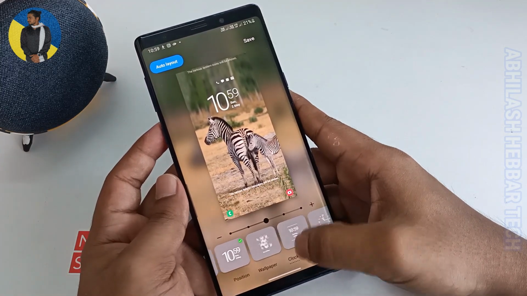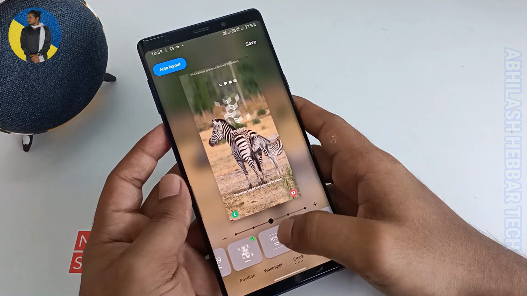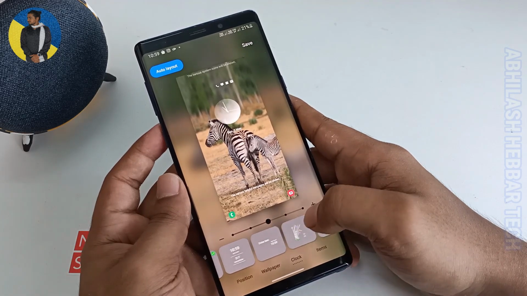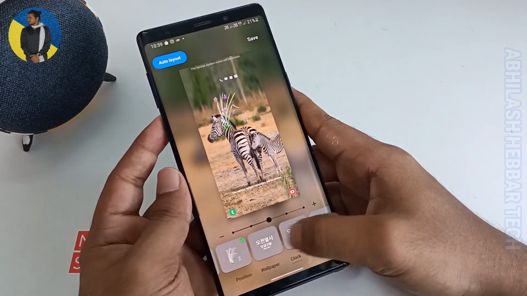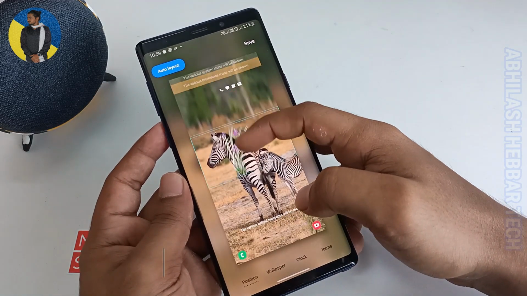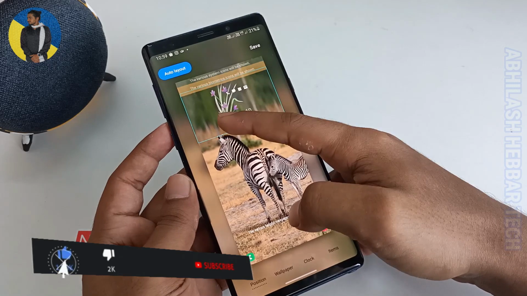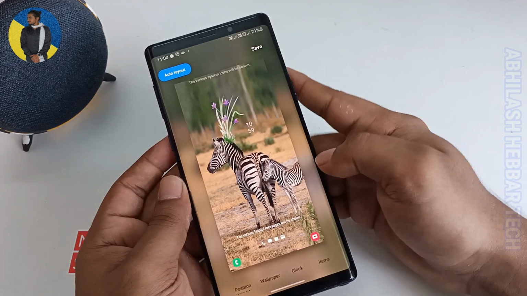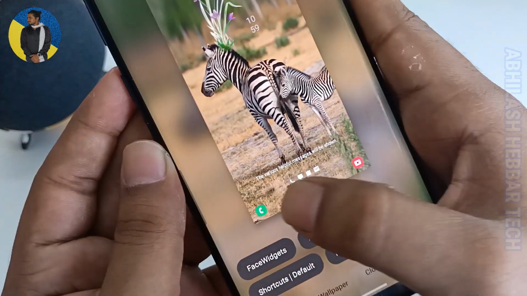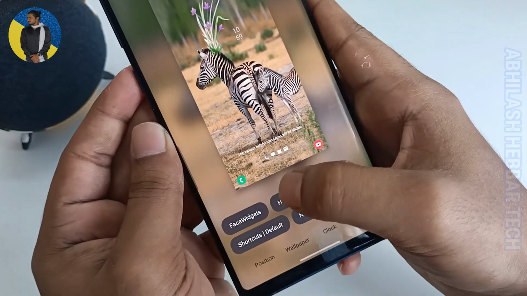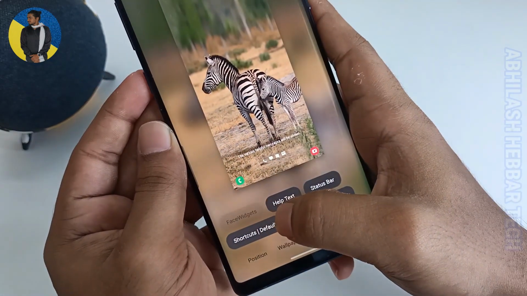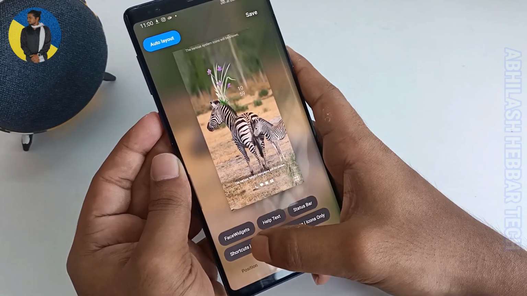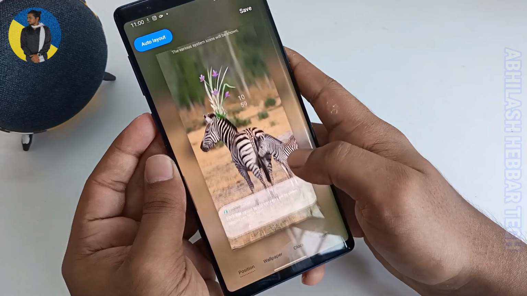There you can see there are plenty of clock designs. You can select whatever you want. You can select the design and drag it wherever you want. You can even change the notification icon also. The shortcut applications like camera, phone or anything you want to change, this Lockstar will help you. Now you can see face widgets, help text, shortcuts and status bar can be customized. If you click once, it will appear. If you click another time, it will disappear.